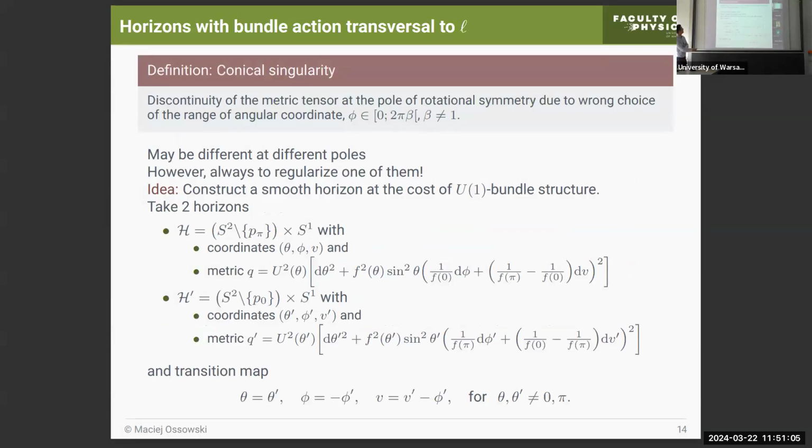So first, the horizons with bundle action transversal to L. As I said, those are the horizons modeled on the horizons appearing in the accelerated Kerr-NAT ADS. So how do we construct them? Well, we take the two patches of horizons, or we write it in two patches, in such a way,